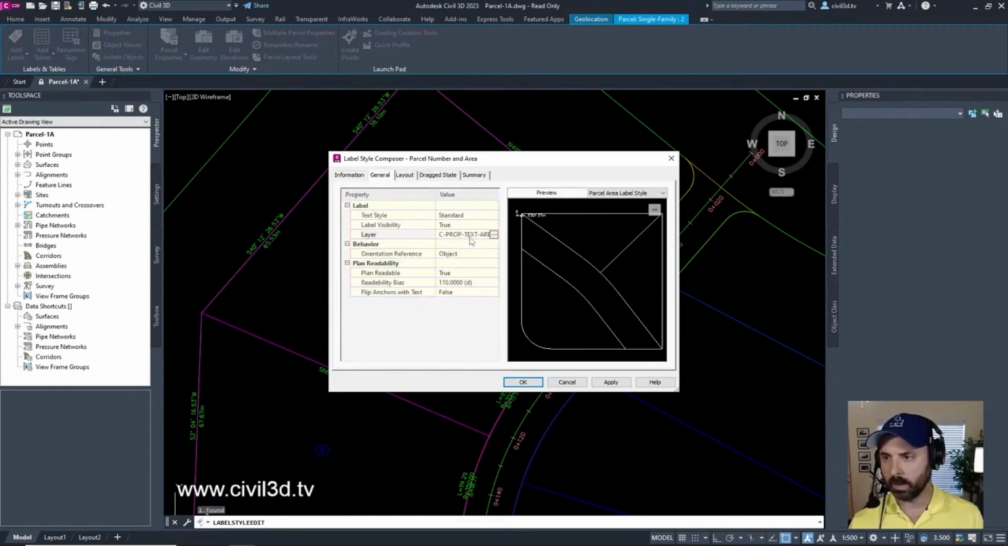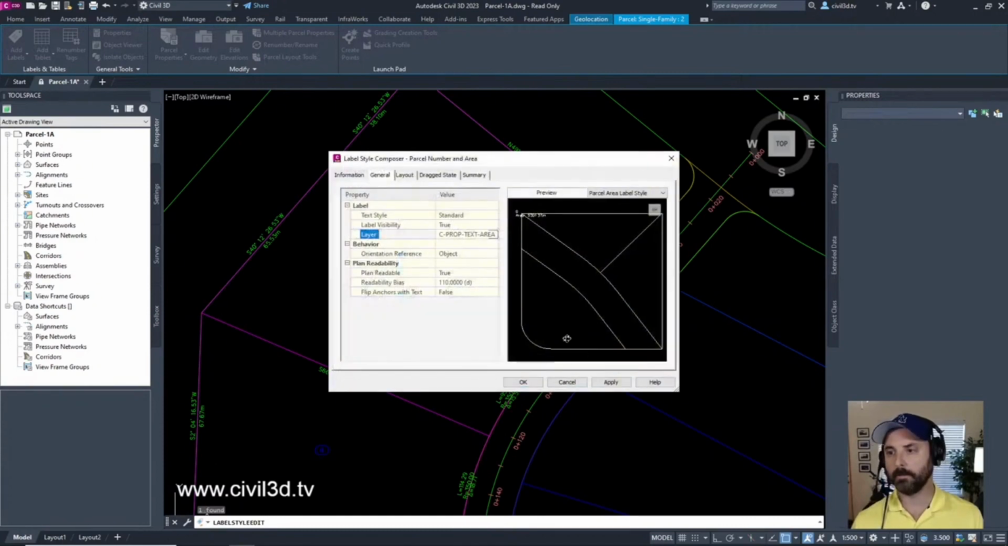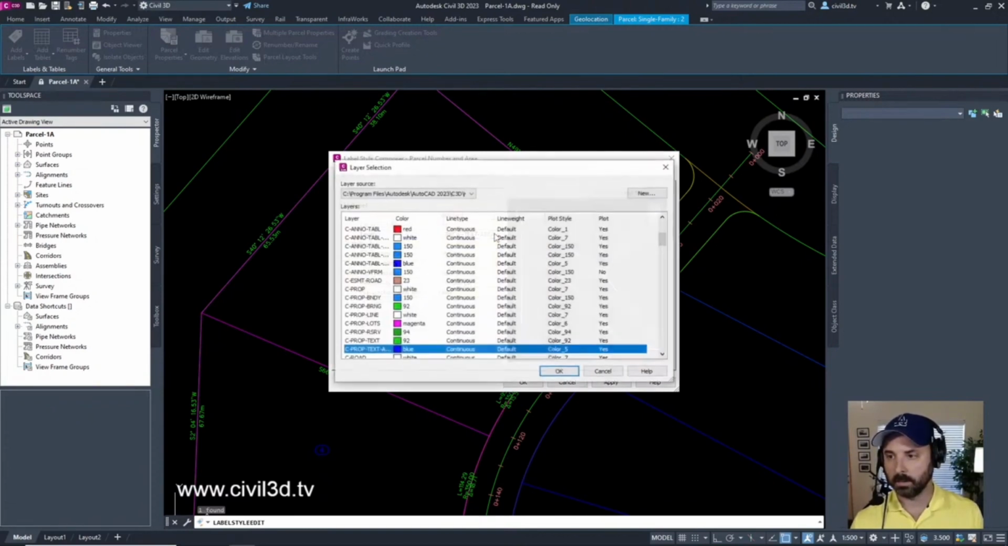Okay, C prop text area. You see that right there? Okay. So within the general tab, within the label, we have our layer listed. Right here it says it's a C prop text area. If I click these three dots, this button, you'll see that this is currently on